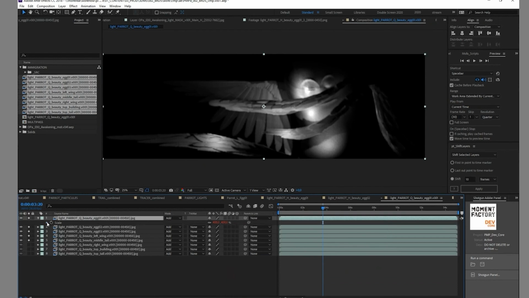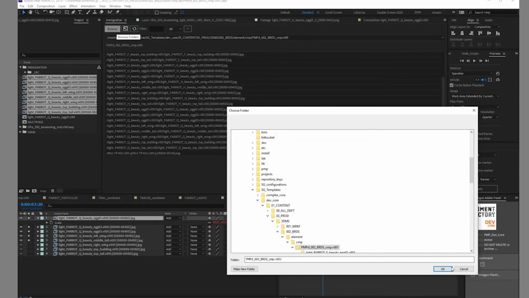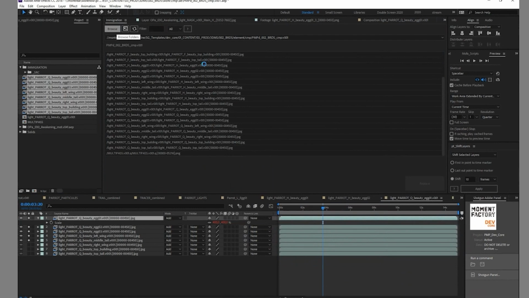It's really a quarter res render that we did on Arnold, just to see if everything was working fine. We could work with that. And while we worked with that, we were able to output, for example, the half res render. So if I'm selecting my immigration folder, the right folder itself,